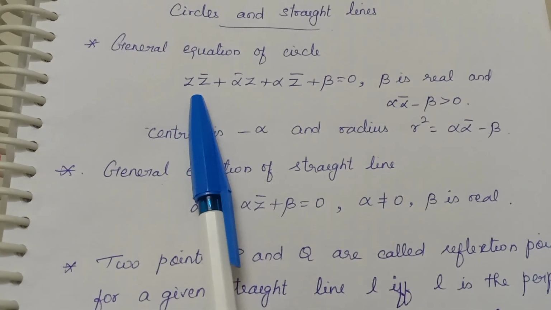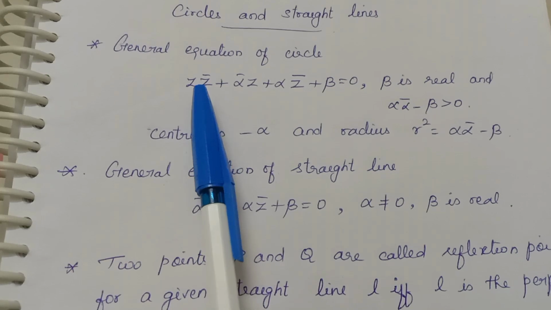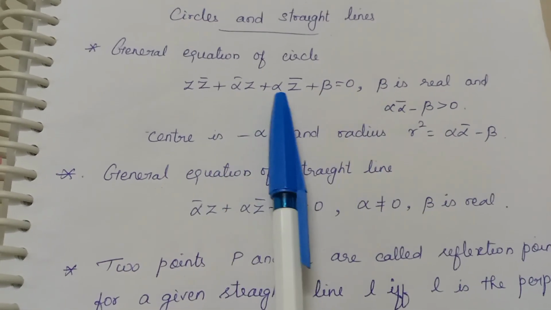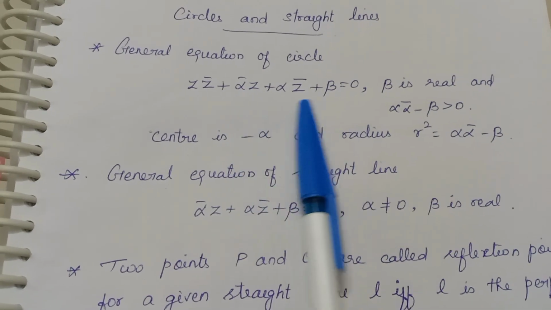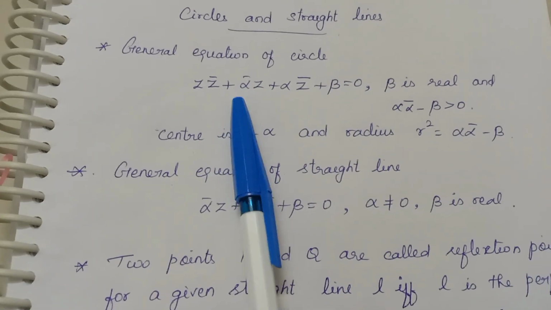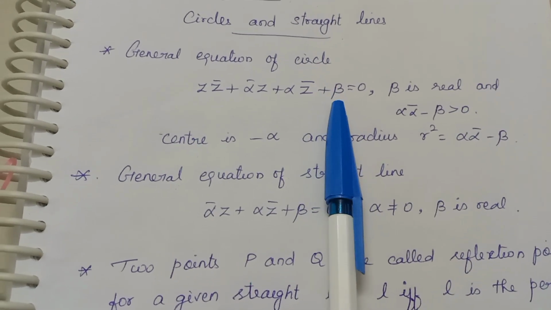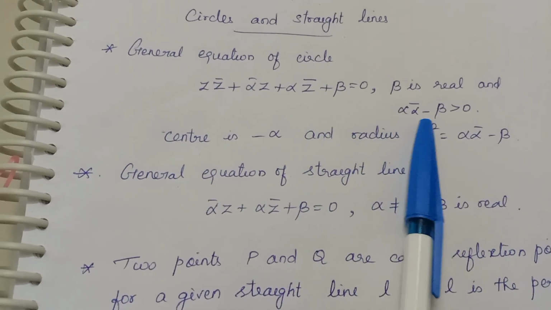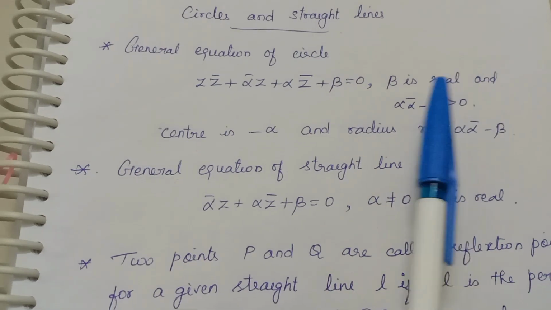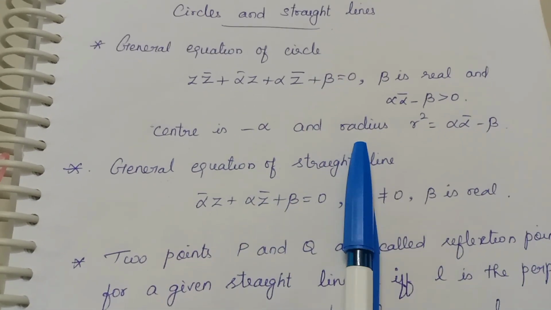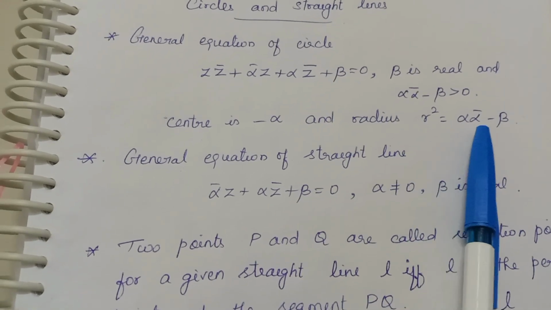See, this z z bar is nothing but our x square plus y square. Okay, these are all our x term, y term and constant. So the same way we are writing it here, right? This is the equation of a circle in the complex plane. Here this beta is a real number and alpha alpha bar minus beta must be positive. So for this circle, the center is given by minus alpha and the radius r square is equal to alpha alpha bar